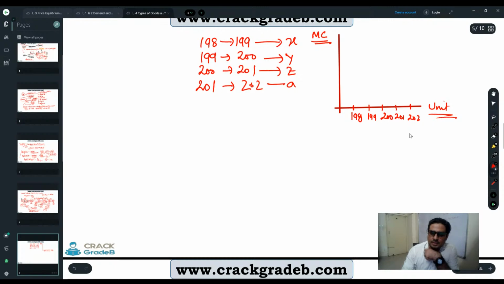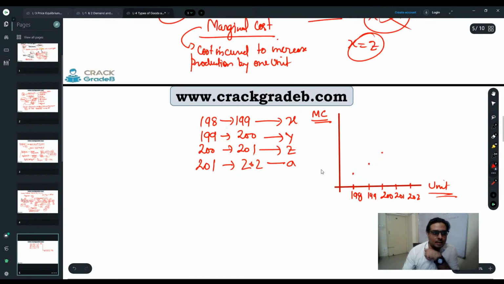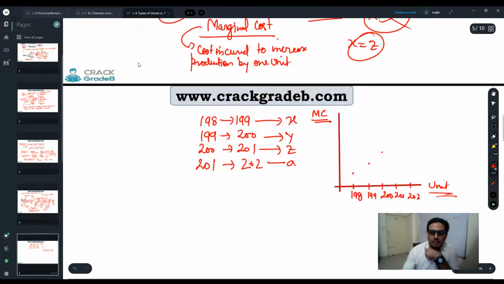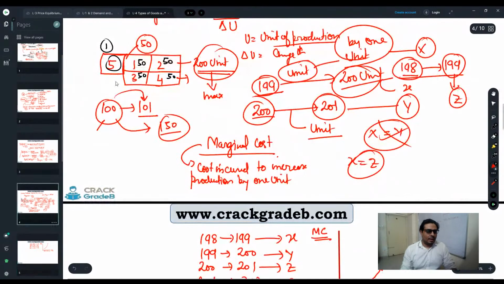So initially marginal cost was like this, right? Again it was increased to this one, to 200, but because you have to establish a particular section, one extra section you have to add, this time it is going to be like this one, a huge increase in the cost. But again you have an extra unit and you want to increase production by 1 unit only.